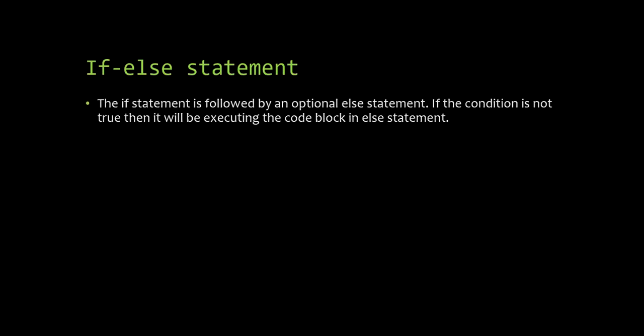So we have gone through the example of the if statement. Now we will go through the if else statement in our C program, and we will see what the optional else statement is that we can add if the particular condition is false. Let us see it with a simple demo.